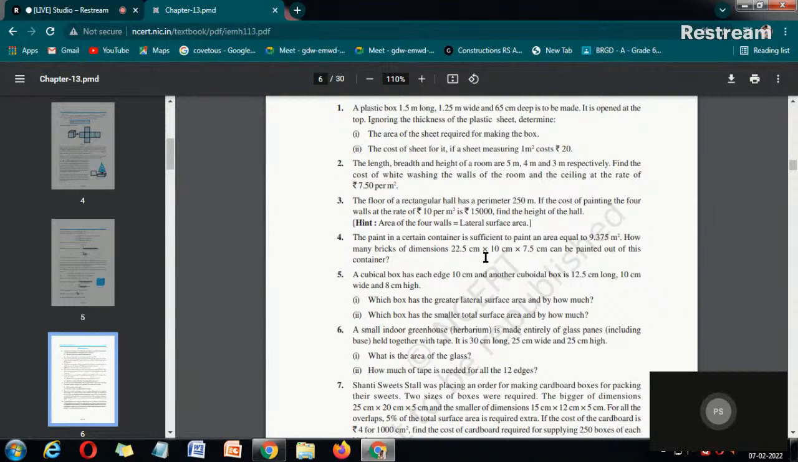The floor of a rectangular hall has a perimeter of 250 meters. If the cost of painting the four walls at the rate of rest, here they're asking about height. Area of four walls equals the lateral surface area. The floor of a rectangular hall has a perimeter of 250 meters. If the cost of painting,